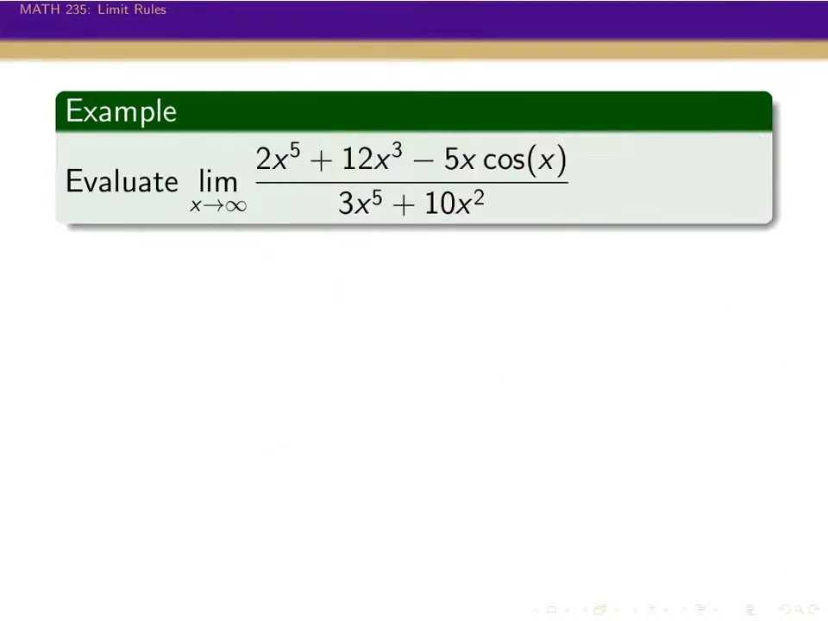Okay, last but not least for this video, now we have almost a rational function, except we have this cosine going on in there. And this cosine is causing a bit of trouble because it's wavering around, right? Well, how are we going to take care of this wavering? Well, we're going to use the squeeze theorem. And so we're going to go back to